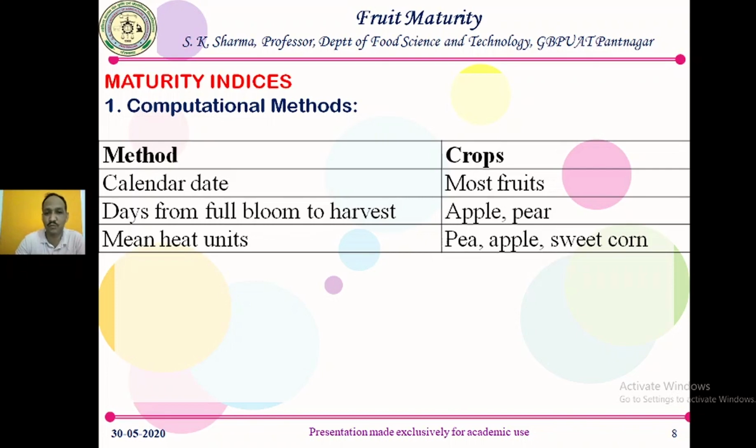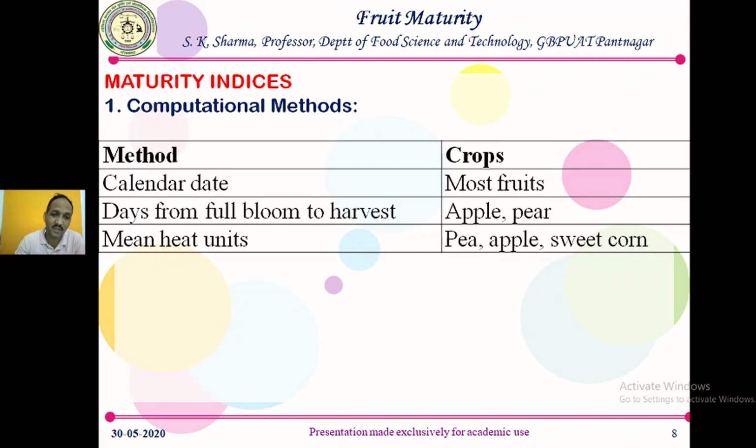Then days from full bloom to harvest. Many times the flowering is a little bit delayed because of maybe the chilling requirement, maybe rains or something. But then the development of fruit will take almost the same duration all the time. So that is why we talk about the days it takes from full bloom. Full bloom means it is a stage when more than 75% of the flowers have opened. Full bloom we cannot just measure, but by visual